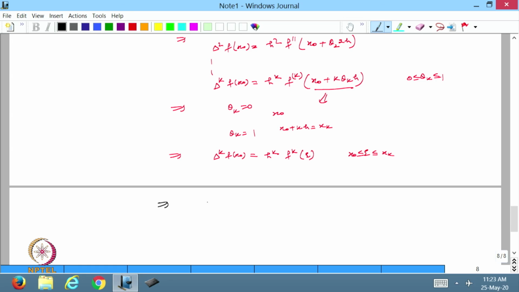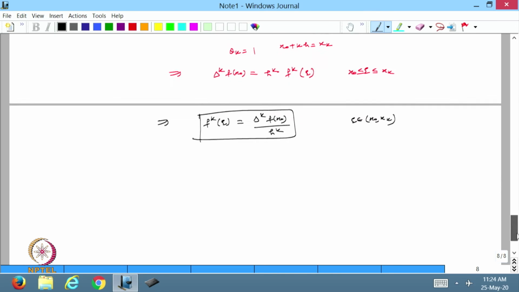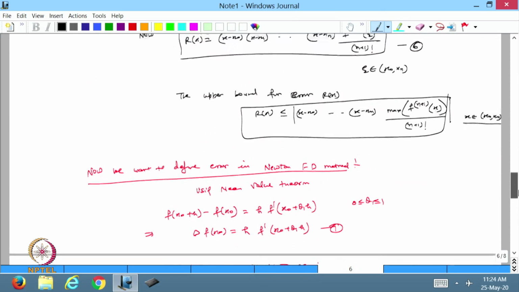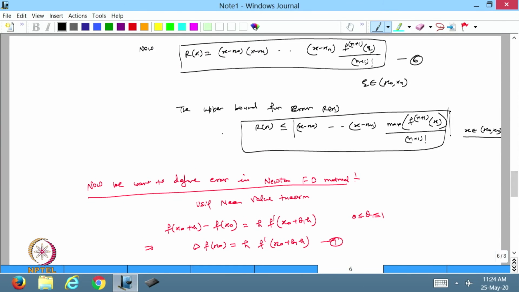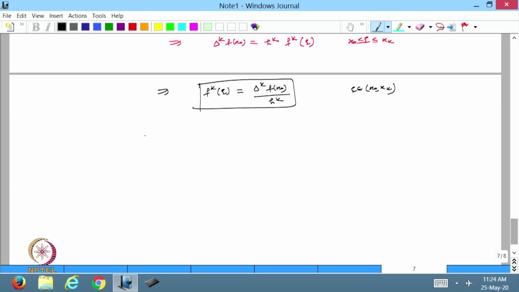So, I can write my f k xi will be equal to the delta k f x naught divided by h k, where xi belongs to x naught to x k. Now, this is my equation number 6. So, using the above results,